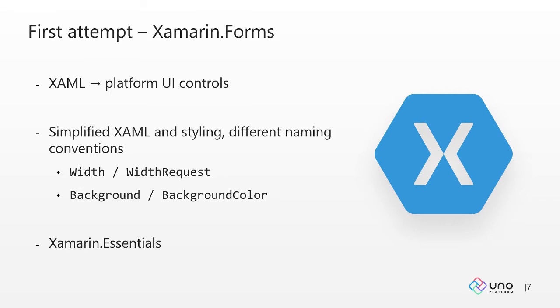In addition, Xamarin.Forms is mainly about the UI. So if you want to use some other device-specific or platform-specific APIs like GPS or clipboard or application settings, you need to use a third-party library, or in this case Xamarin Essentials, which is developed by Microsoft directly. And this library then gives you access to these APIs.